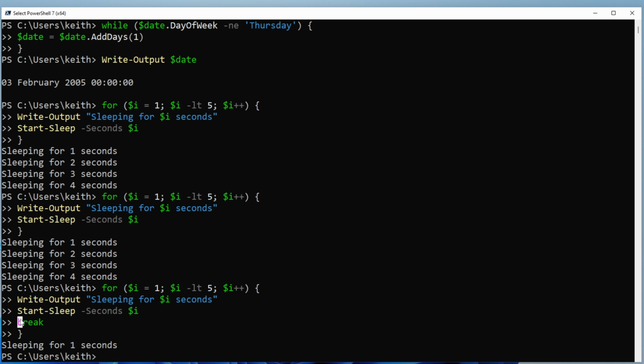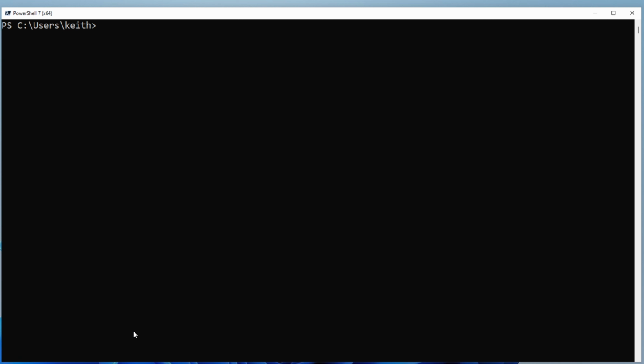Now, you can't really talk about the break keyword without the continue keyword. So let's go ahead and do one of those. I'm going to set 2 variables here, one called floors, which I'm going to set to 20, and one called current floor, which I'm going to set to 0. And I'm going to build a simple loop that simulates a lift, or an elevator for my American friends, going through the floors. So I'm going to say while the current floor